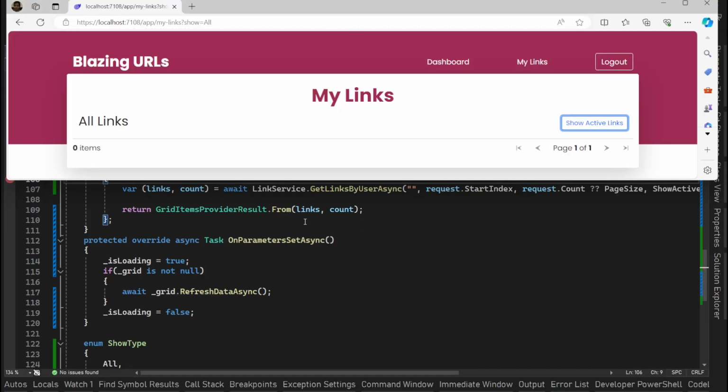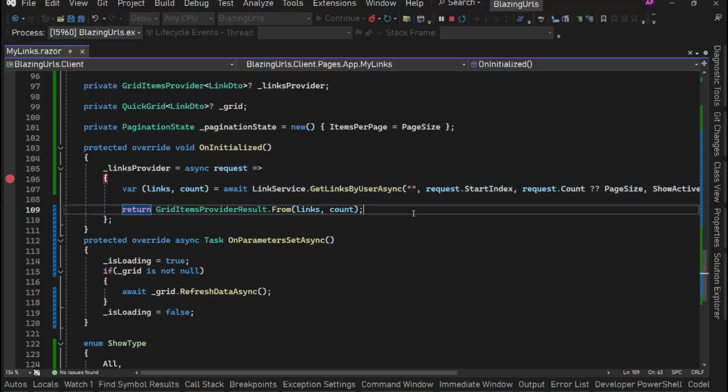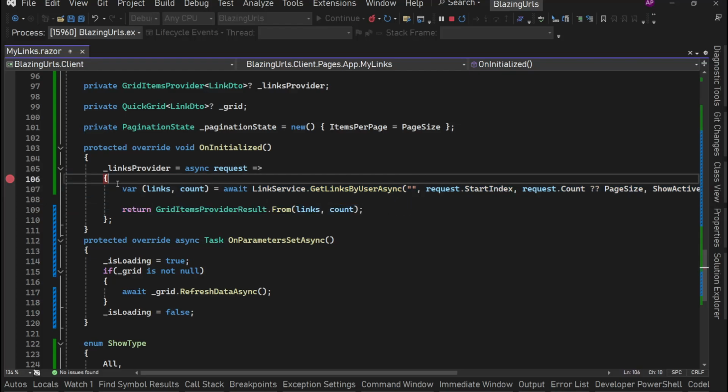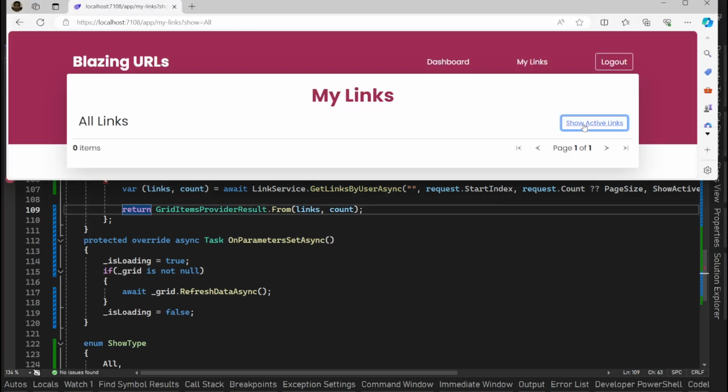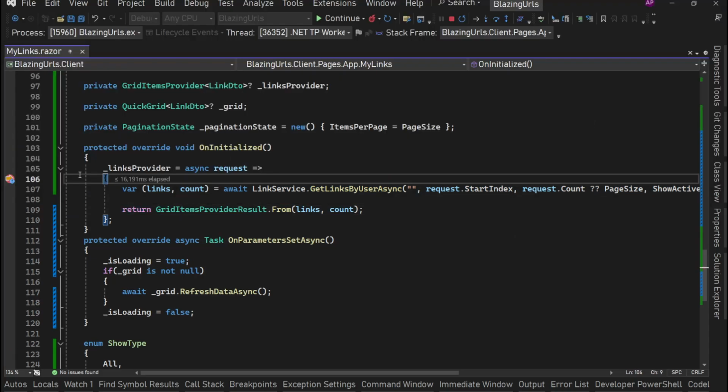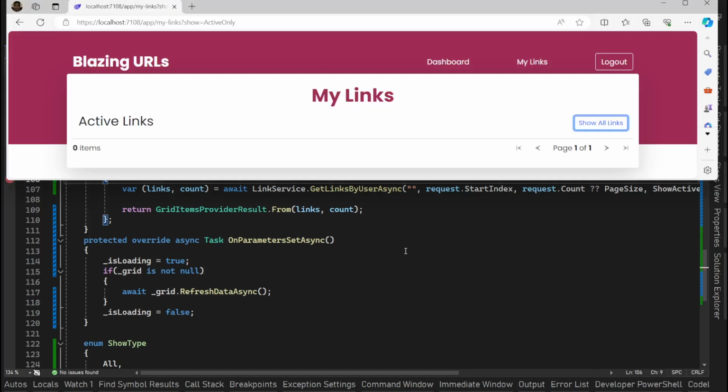and we are good. It came, although the data is not coming. We'll see what is happening, but for this we are good that okay, we are here, this method is getting executed. Let's try it one more time. If we click on show active links, we are here, we can continue, and it is coming here. All right,